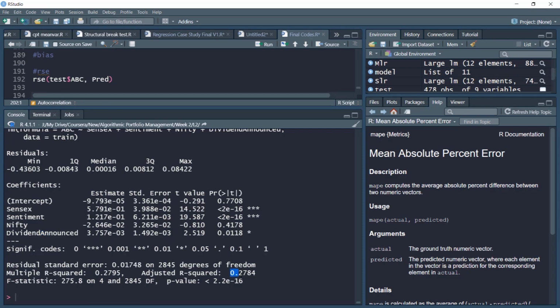Notice the adjusted R-square. The power of the model is very high as compared to the around 10% that we saw with the simple linear regression model. This is because a number of significant variables have been added. So the overall power of the model to explain the variation in returns is increased considerably to around 27.84%. However, we still need to observe the issue of multicollinearity here and resolve that.